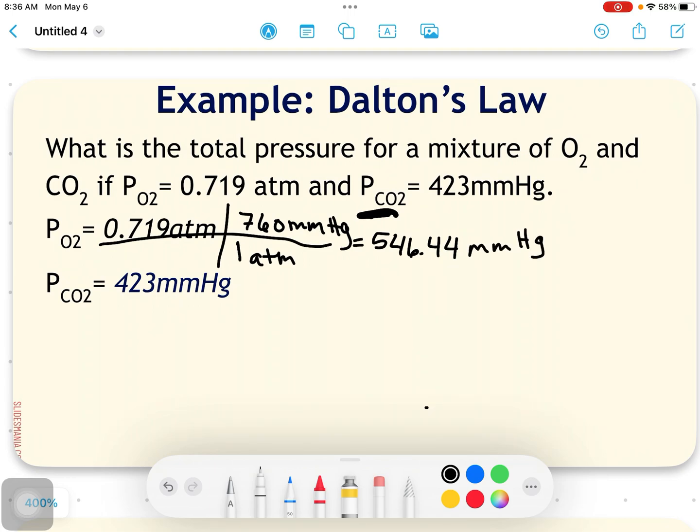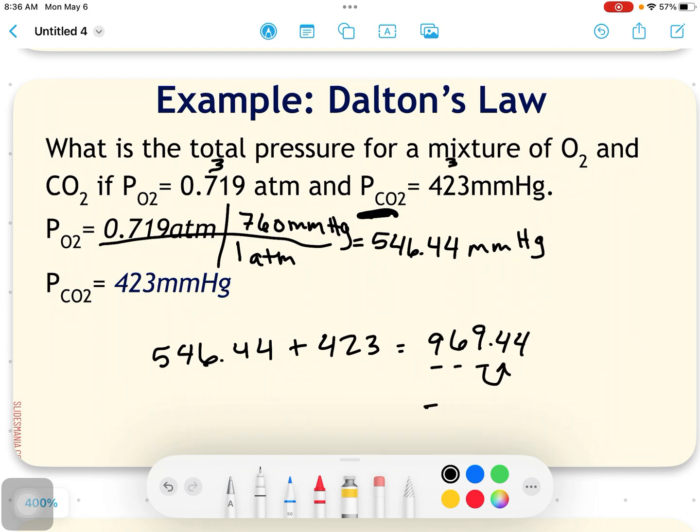0.719 times 760 gives you 546.44 millimeters of mercury. Now we take those two pressures and add them together: 546.44 plus 423 gives you 969.44. Now we have to put it into sig figs. My first number has 3 sig figs, and the next one has 3 sig figs, so I'm going to put it into 3. 1, 2, 3. Look behind, it's a 4, so we stay the same. That would be 969, and since we converted both into millimeters of mercury,